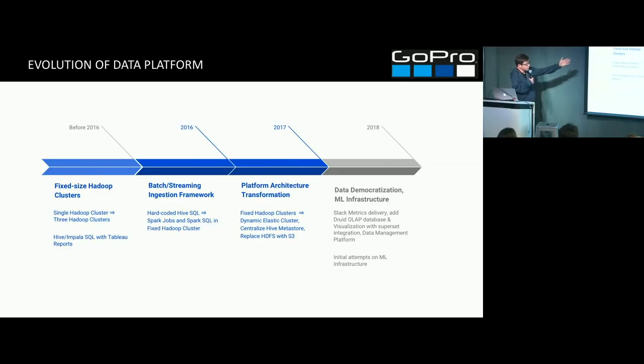So starting off in 2015, we started with essentially a fixed-size Hadoop cluster. I would call it your traditional data lake. Basically, the 3 primary workloads that you see within a data lake or any data platform are your ingestion of the data, your ETL, where you're doing your various transformations, aggregations, filtering, pre-joins, and then finally what we call data delivery, which is essentially your analytics, being able to have fast scan speed